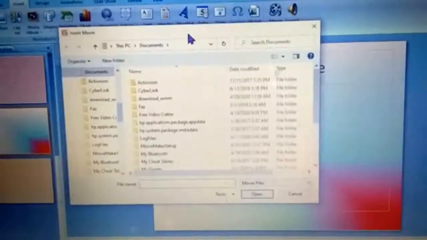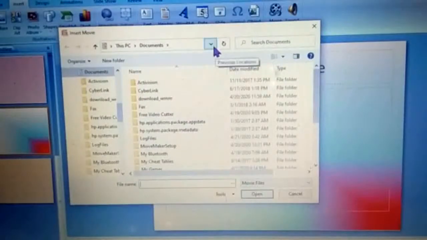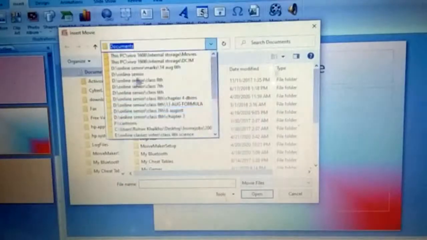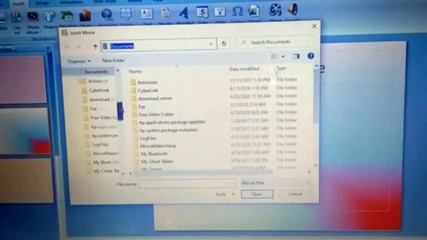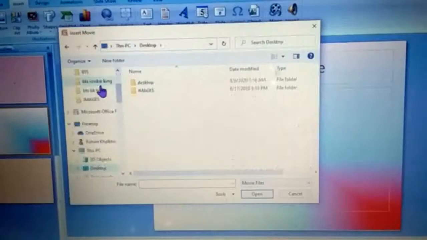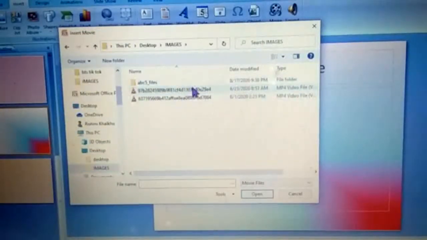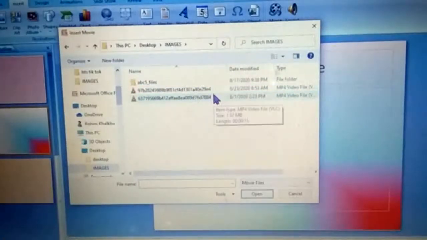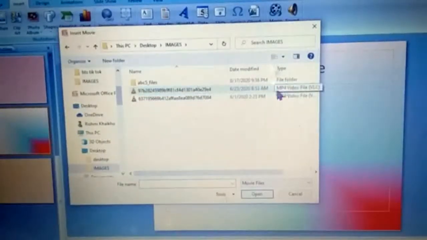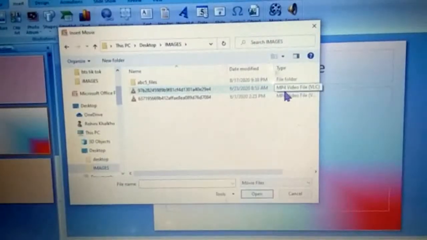Fine. Now dialog box is here, and I told you I have a file on desktop. So let me just search for it. I will click on desktop from my Explorer. Desktop images option is there. See, these are the two video files. So how we can differentiate between a video and an audio file? See, video file have an extension of MP4. Can you see here? MP4 means video file, means it would have video as well as an audio.